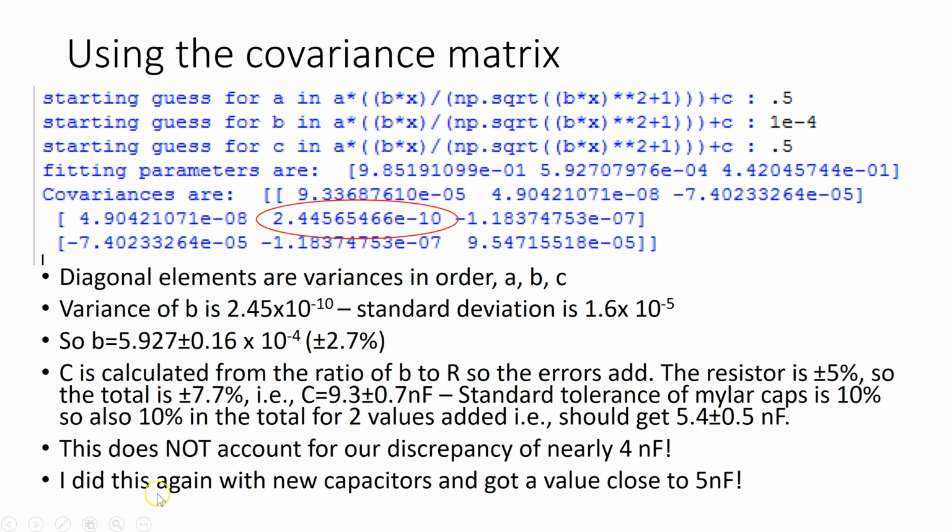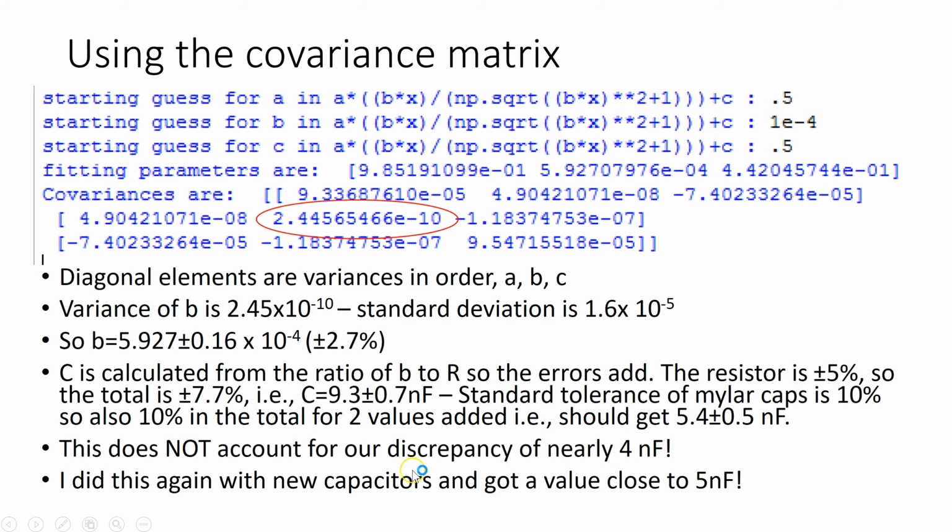Okay, where else could we have errors? Well, C is calculated from the ratio of B to R. So errors in B add to errors in R in percentage terms, because we're dividing one quantity by another. The resistor has a gold band on it, and this means plus or minus 5%. So the total then is plus or minus 7.7%, or about 8%. This then would say that our best value of capacitance is this 9.3 nanofarads, plus or minus something less than